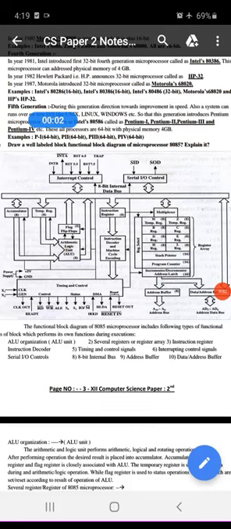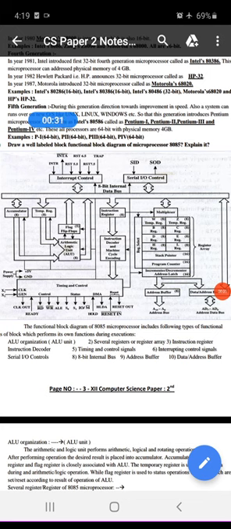Hello friends, in today's lecture we are going to learn the internal functional block diagram of 8085 microprocessor. As we learned in the generic microprocessor block diagram, you can clearly see the same blocks over here. The first block is ALU, then another is registers, and the third one is the control unit. This 8085 functional block diagram shows in detail how these parts are working or how they are